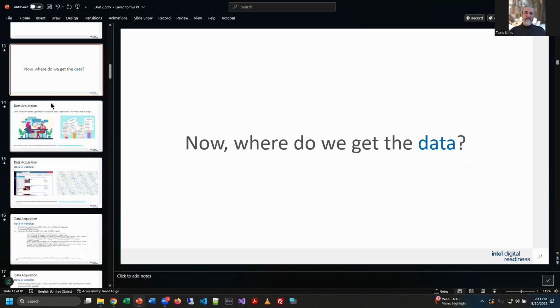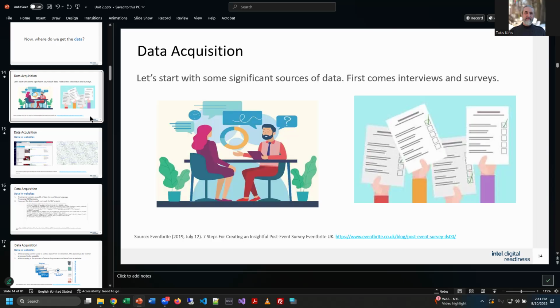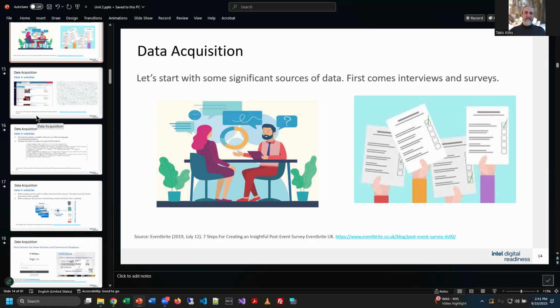All right. So where do you get the data? Oh, okay. We already are familiar with some data sources, but in some cases, you do have to acquire the data in different ways, and we're going to go through that. The first thing they point out here is interviews and surveys. For example, I could just sit down with a human being like you or me and say, hey, do you like green or blue? That type of thing. Or how do you say potato? Or do you say potato? So just direct human interaction is one way. I can collect data directly from people.